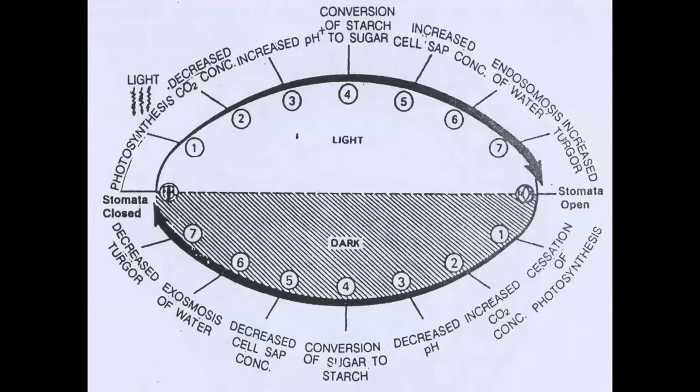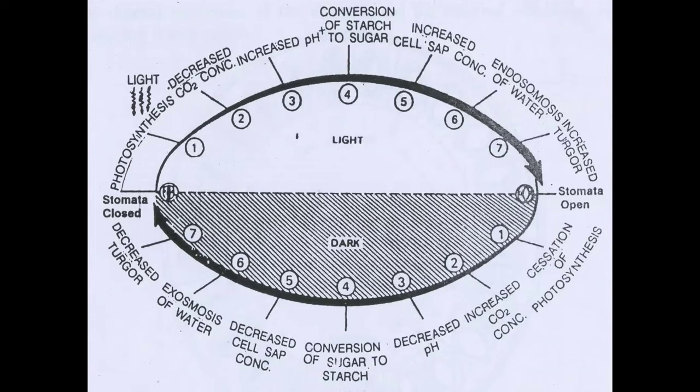So here in the figure we clearly understand the steps and events which occur when the stomata is open. The first event is that because of the presence of light, photosynthesis occurs in the guard cell. Then the second event is that in the light there is a decrease in the concentration of carbon dioxide in the guard cell. Then the pH of this guard cell is increased because of the conversion of starch into glucose 6 phosphate, and the conversion to sugar occurs in the fourth step.